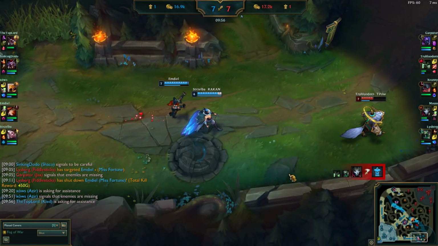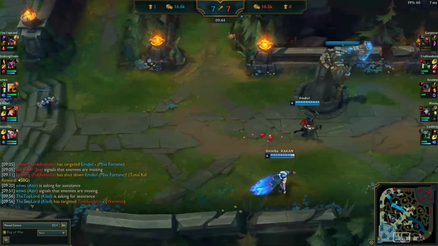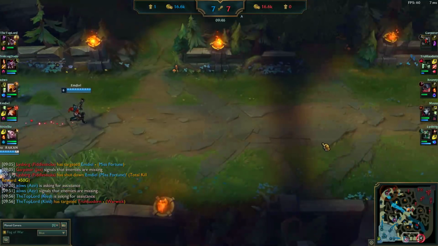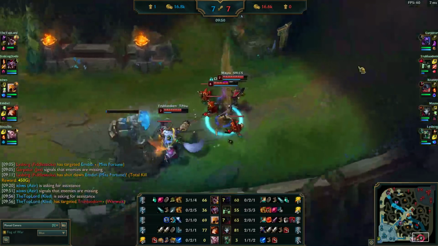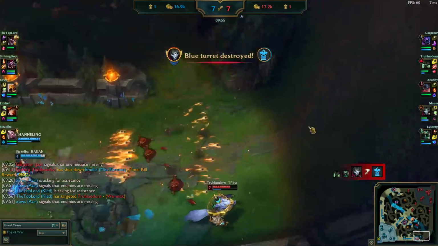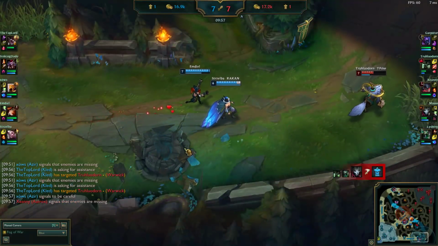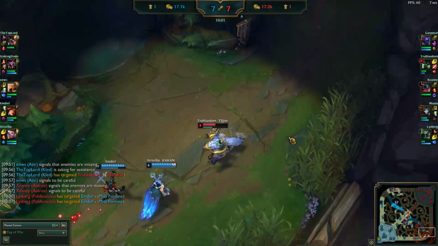Oh, I missed some action. I'm sorry, we're back. What did you buy, Emdiel? Ghostblade first, interesting. I thought you would be... Okay, no one dies. Tried to save the turret, but did not work out. I thought Emdiel used to buy...